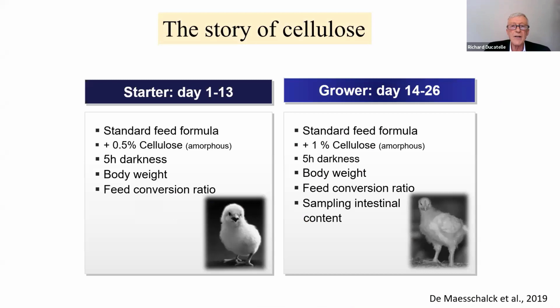And I want to give you one typical example where we have used 16S sequencing, not more than that, to focus our further research. That was when we were looking at a simple feeding trial where we compared a control group with a group where 0.5% of cellulose was put on top of the feed formula in the starter and 1% in the grower phase, and we were